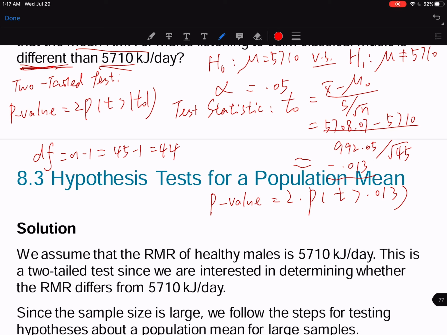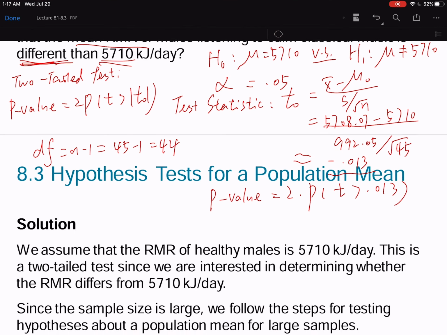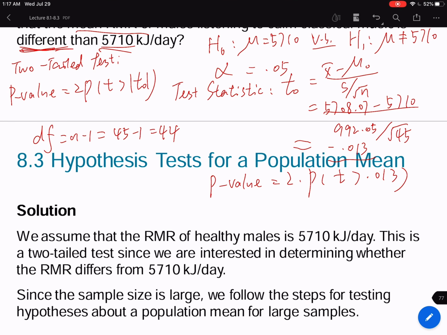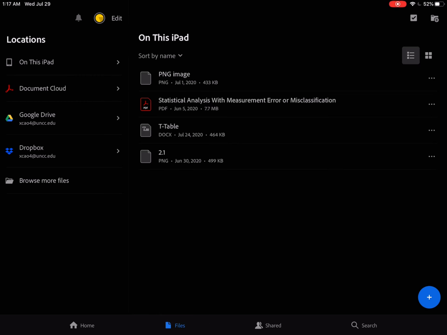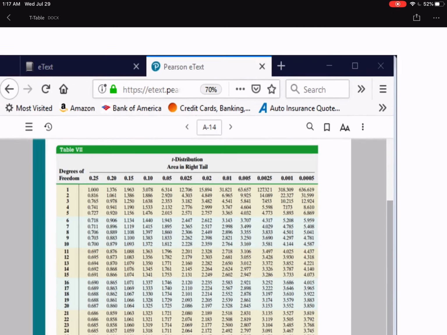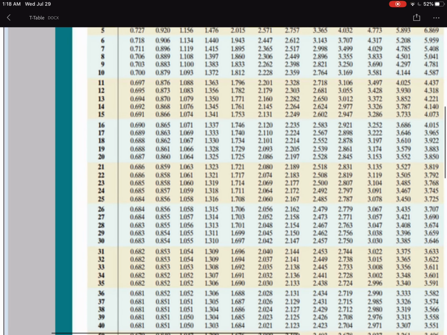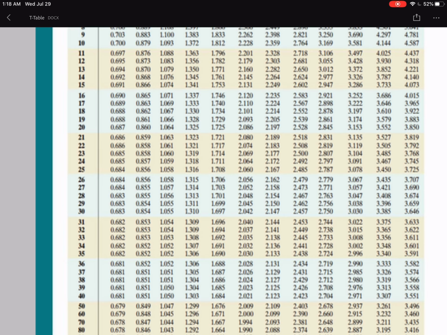Let me see if I can get the t-table or not. Okay, it's not over here. Just keep the numbers in our mind: 0.013, degrees of freedom 44. The t-table is over here on the iPad. So we know the degrees of freedom is 44. We don't have the 44 over here, but